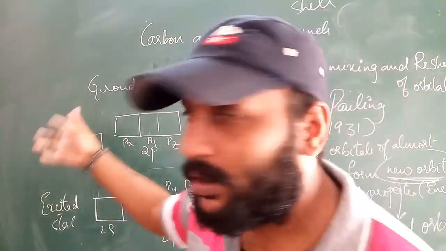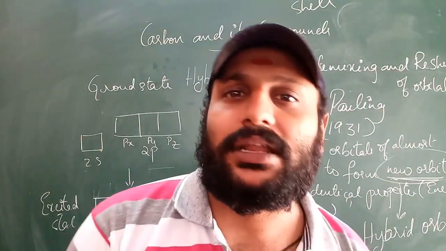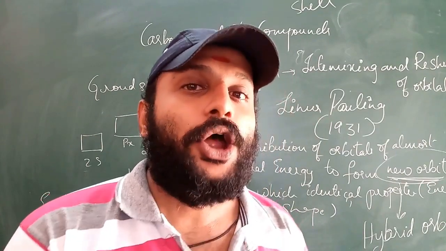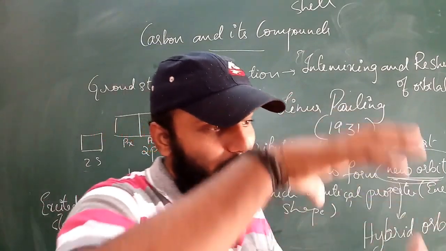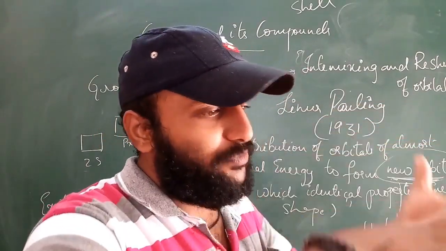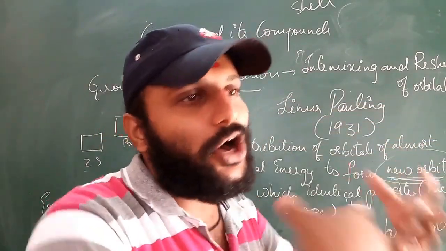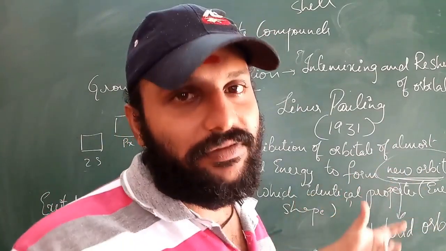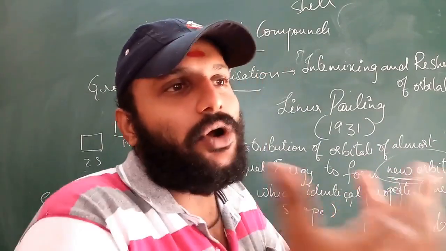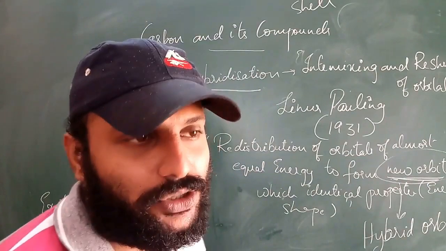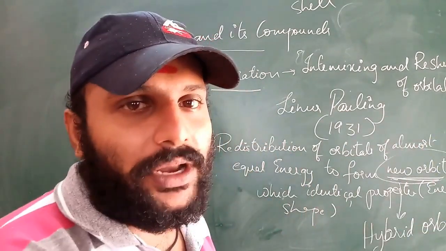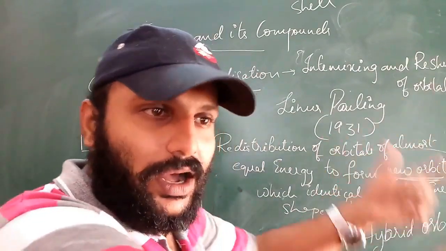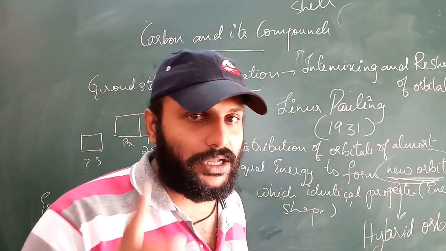How did methane get identical bonding? How has methane got identical bonding with the hydrogens? Due to hybridization. During hybridization, whatever the different orbitals or different energy levels are there, redistribution takes place. All the orbitals will gain the same energy and same shape. That is called a new orbital. Due to that hybridization process, carbon will make identical bonds at the same angle with the other atoms. Understood what hybridization is?